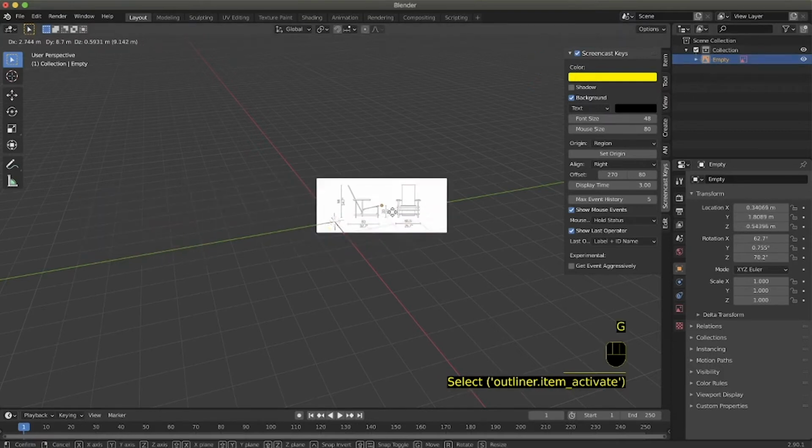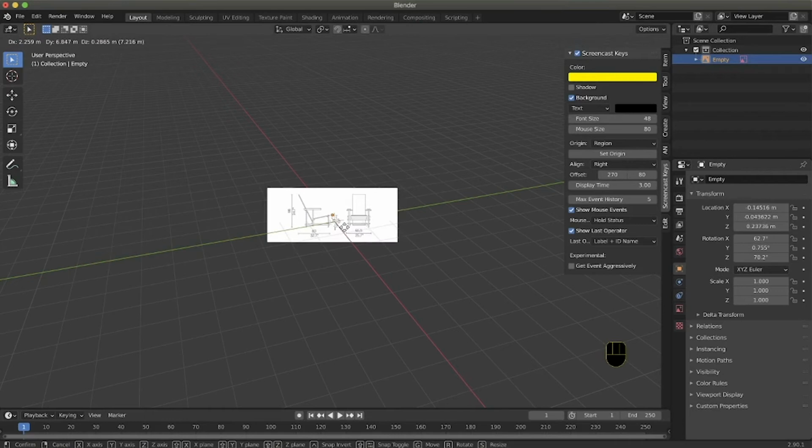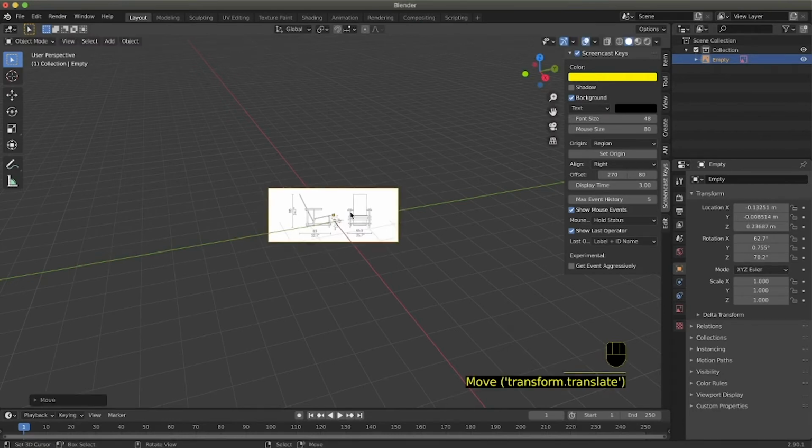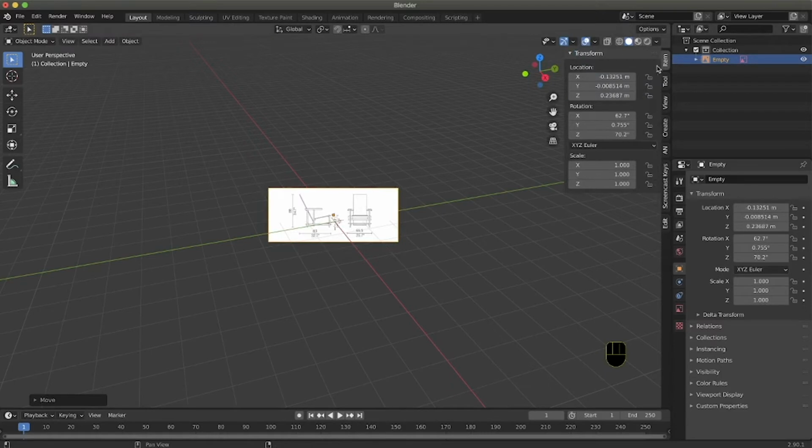We press G to grab it, and to move it to the center of the scene we can actually go into item, and as you can see I am dragging and dropping down this location window, and I press 0, so I move the pivot point on all the axes to 0, so it is in the center of our scene.